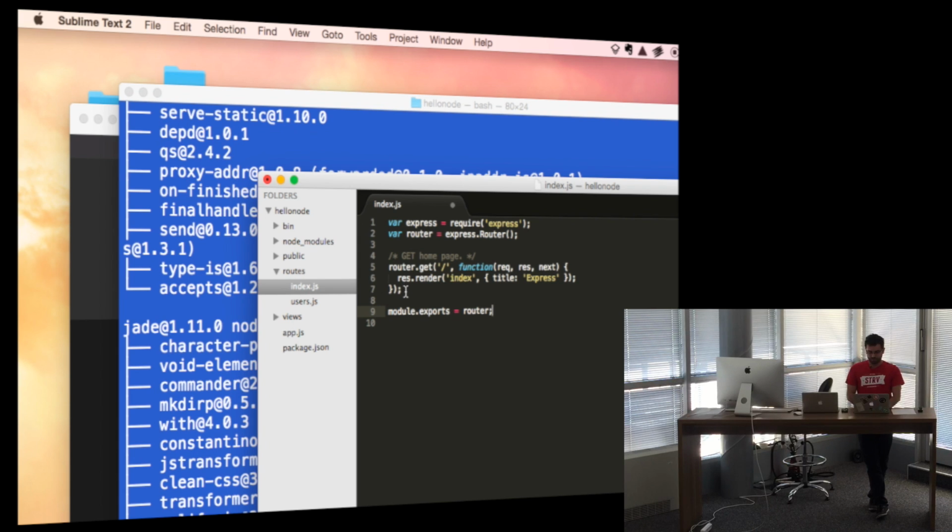So what we'll do, we'll create a new get method. So we use the router.get. And this takes two parameters. The first one is the actual URL query string that we want to respond to, and then